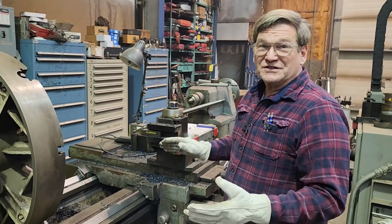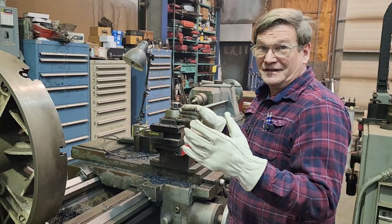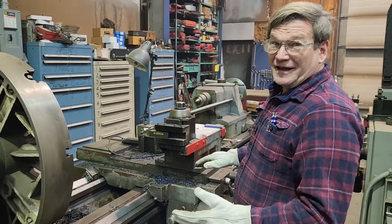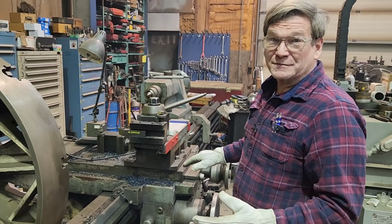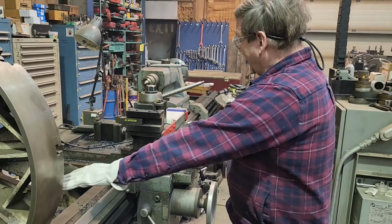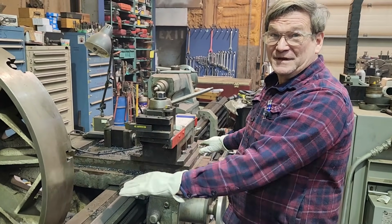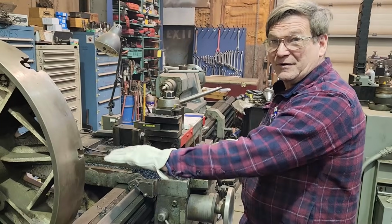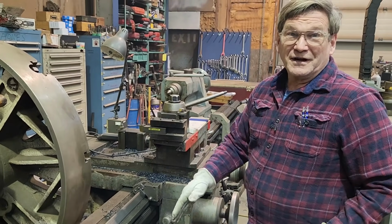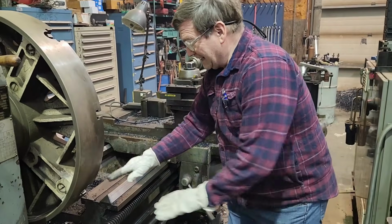I at first was thinking 2-inch plate. 2-inch plate was the thickest they had at the mill. And so I went the other way. I made it out of 3/4-inch plate because once I got to thinking about the 2-inch more, I wanted to make sure that I was not damaging the lathe by being able to force it. I wanted to limit how much force I could transfer through on the plate. So I went the other way when I thought about it more, went with 3/4-inch and then used a backup